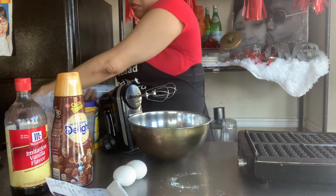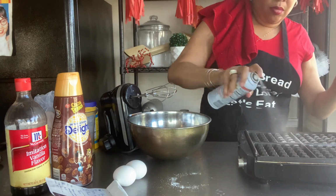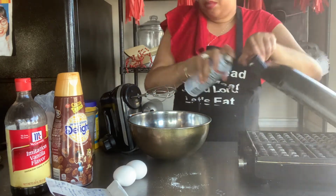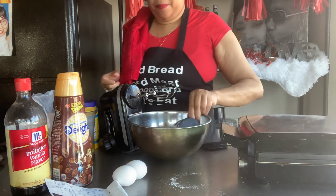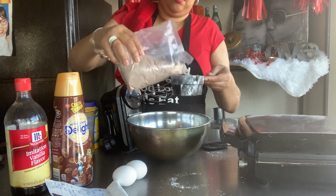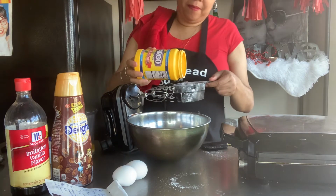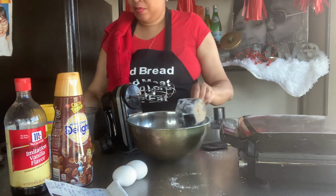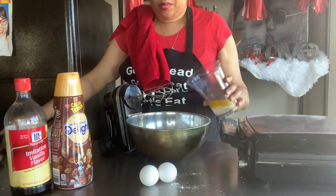Now let's get ready for the waffles. Preheat your waffle maker. I put it on the next to the highest setting, and then I spray it really well with nonstick cooking spray. In the meantime, you're going to mix your waffles: 1 cup of waffle mix, a half a cup of cake mix, a half a cup of starch, 1 stick of melted butter,